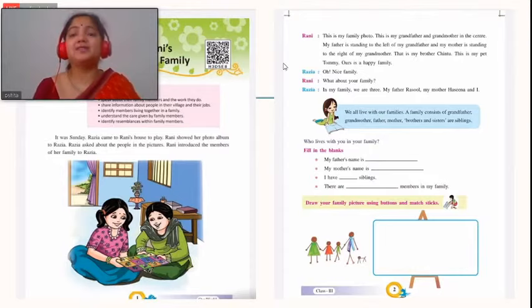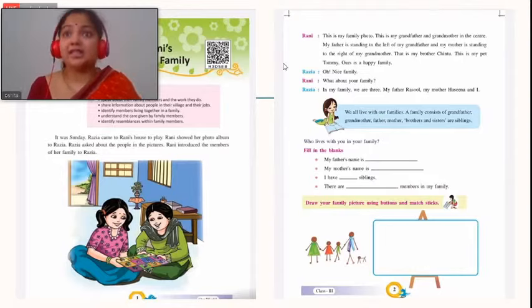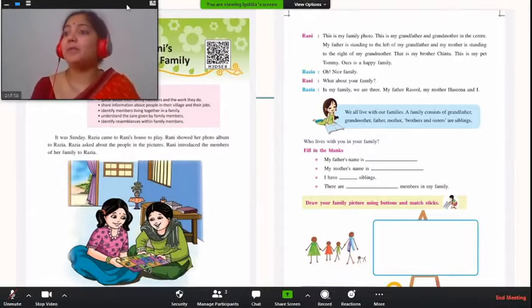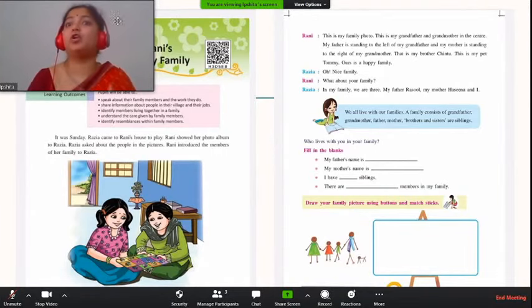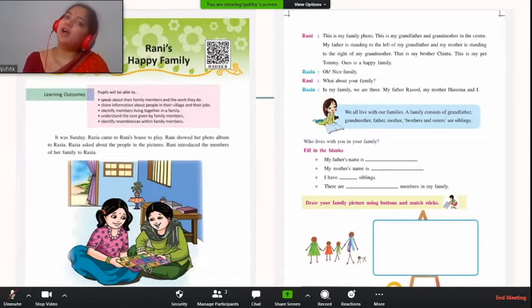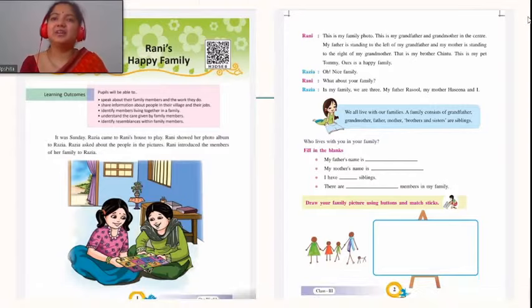So family is very important in our life. You know, what we are is determined by what kind of family we have. So family has a lot of effect on who we are. Okay. Now tell me, what kind of family do you have? We have a very happy and a nice family. You have a happy and nice family. What about you?